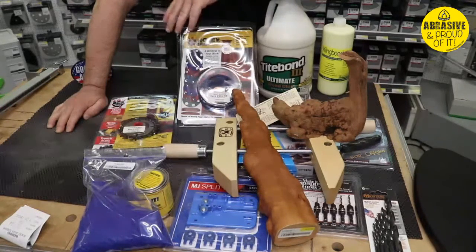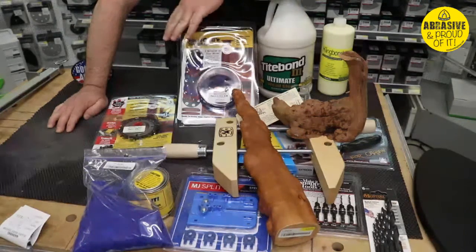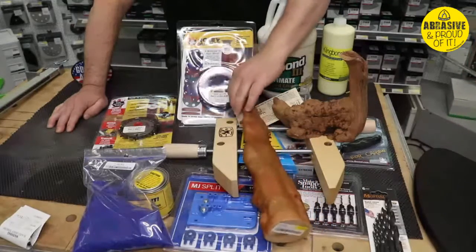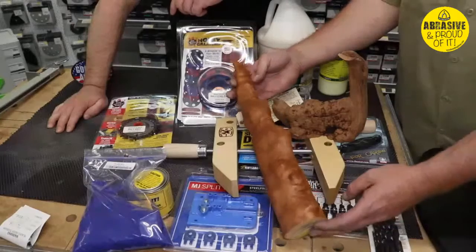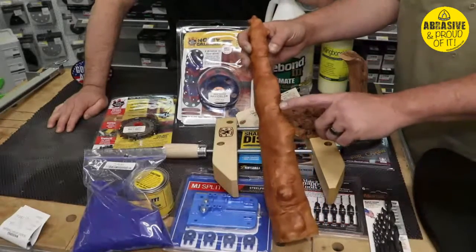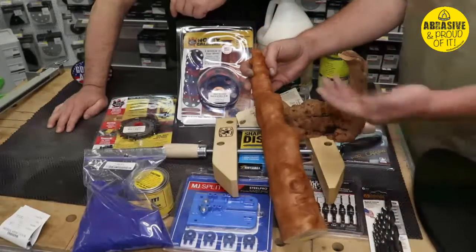I personally can't carve worth anything, but I've seen some of these guys with some serious talent put out some really cool stuff. And they all say, oh, well, I see a this or I see a that in there. Yeah, all I see is a stick with naughty looking stuff on it. But hey. Yeah, I have to agree with that. There's some carvers that'll walk up and see this particular spot right here and just be like, oh, that's going to make a wonderful, and you're okay. Yeah, I don't see it either, but